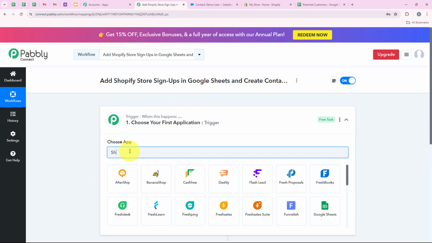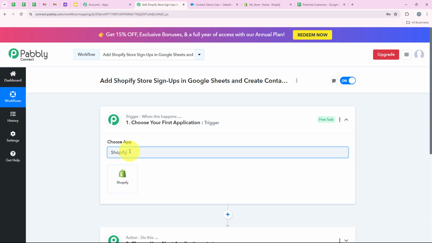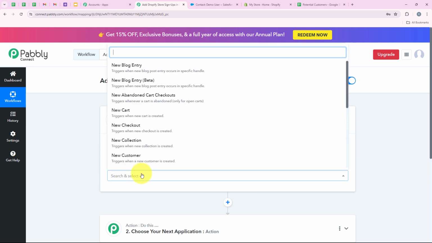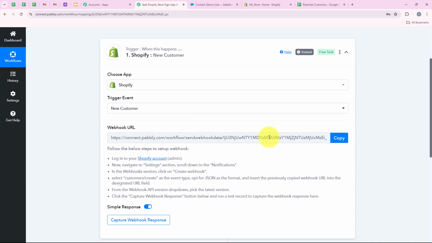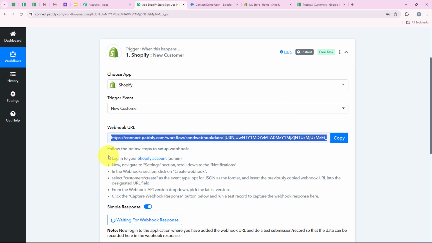So now I'm going to select my trigger application, which is Shopify, because I want that as soon as a new sign up is made on my Shopify store, automatically my workflow should be triggered. So I'm going to search for it and then we are going to select it. And now for the trigger event, we are going to select it as new customer. And over here you can see that it is giving me a webhook URL. So we are going to use this URL in order to create a connection between our Shopify account and our Pabbly's workflow. So first I'm going to copy this URL and then we are going to follow the help text,